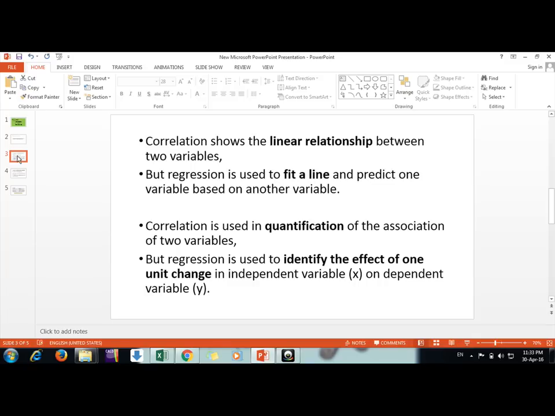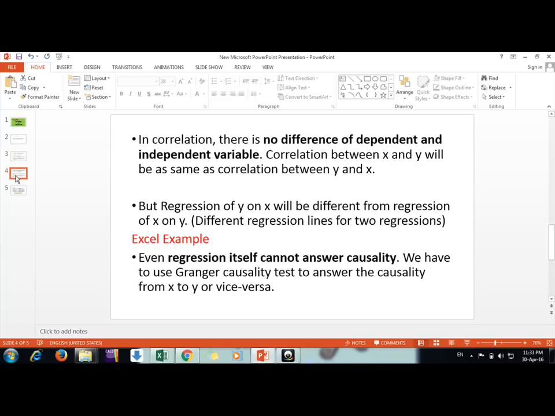To fit that line, we use regression, and based on the regression we can fit a line and we can predict one variable, that is our dependent variable, based on a known value of the independent variable. So I will explain by example in Excel as well.